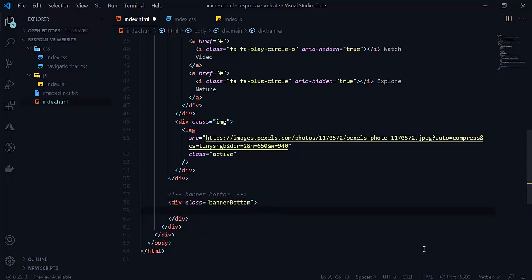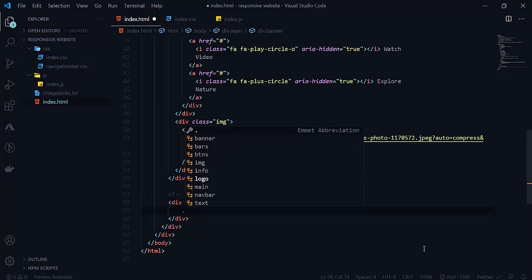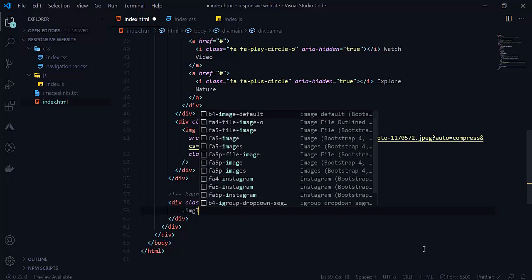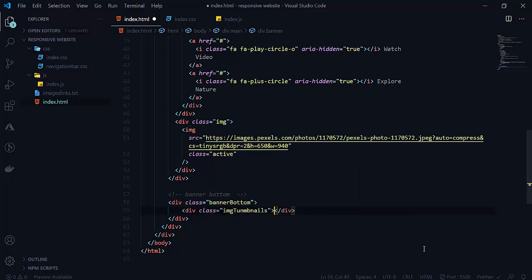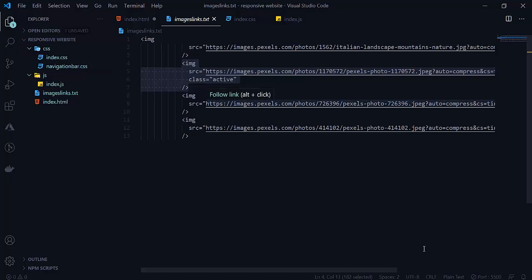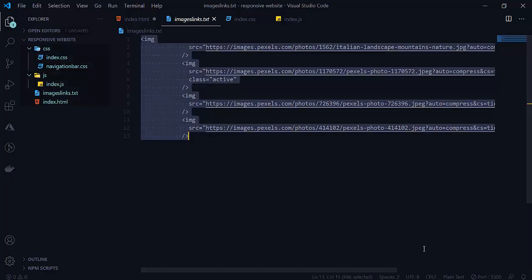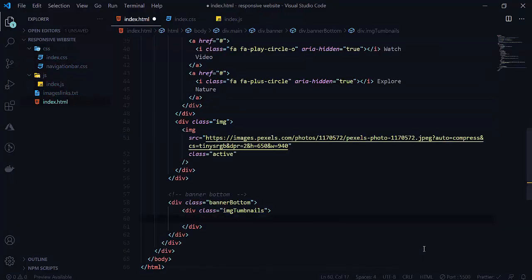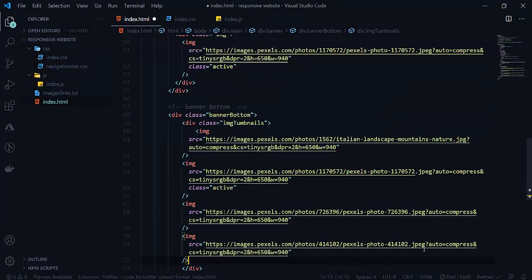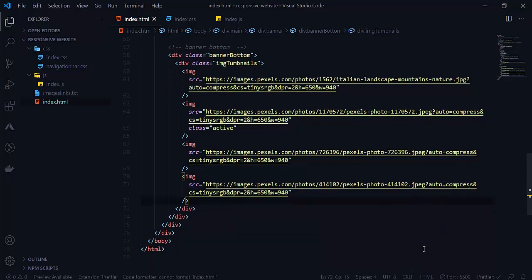Banner bottom, and here we want images here. So image thumbnails. So here are the thumbnail images. So these are the images here. So I'm going to copy all of these. Copy this and paste it here. So these are the images fetched from the internet.